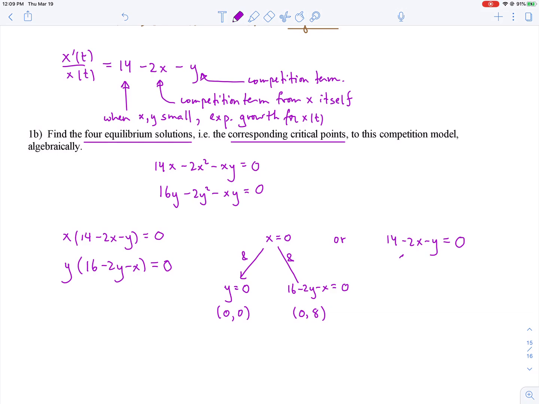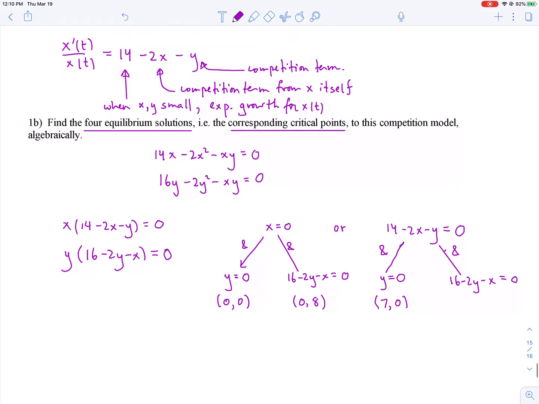Okay, continuing to the second possibility in the first equation. So if 14 minus 2x minus y is 0, it could be that y equals 0. Well, in that case, we go back to the first equation and we see that x has to be 7. Or it could be that the 16 minus 2y minus x is 0. And in this case, we have a system of two linear algebraic equations and two unknowns. We all know how to solve those, and the solution is